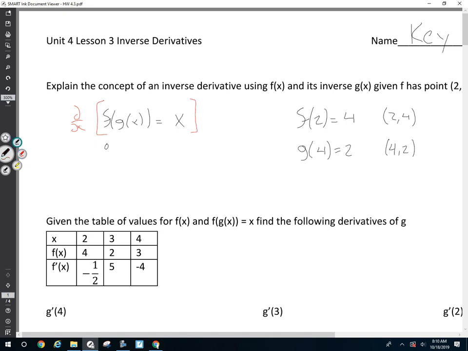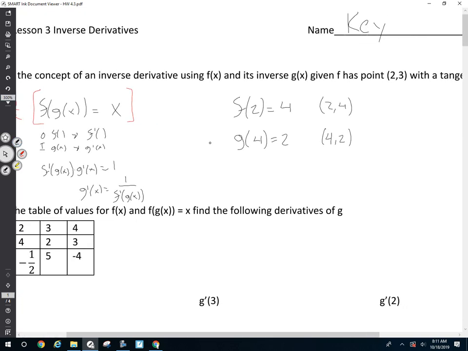Using the chain rule with the outside and inside functions, f and g of x, our derivatives would be f prime of g of x times g prime of x. The derivative of the right side is 1. I get f prime of g of x times g prime of x equals 1, or g prime of x equals 1 over f prime of g of x. What this tells us is,